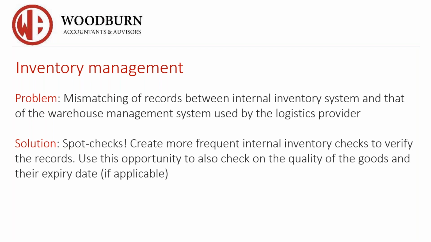Or if you are in the food and beverage sector and you are looking to check on the expiry date of products, it's again doing spot checks through that inventory check to check the expiry dates, and if something has expired, to get it out, okay? But this is how you are going to control your inventory. And doing it more than just once a year is something that I would highly recommend.